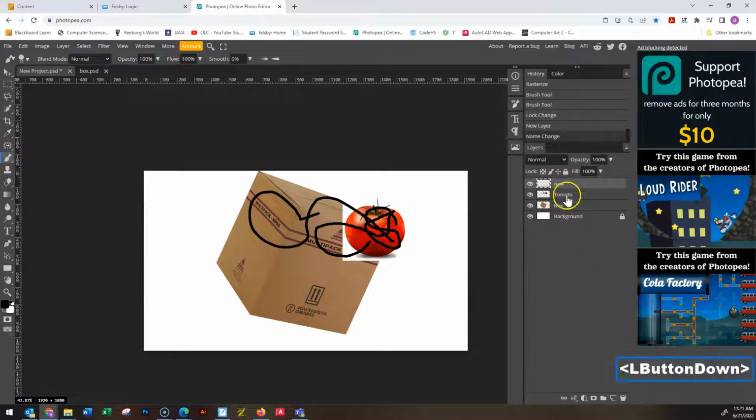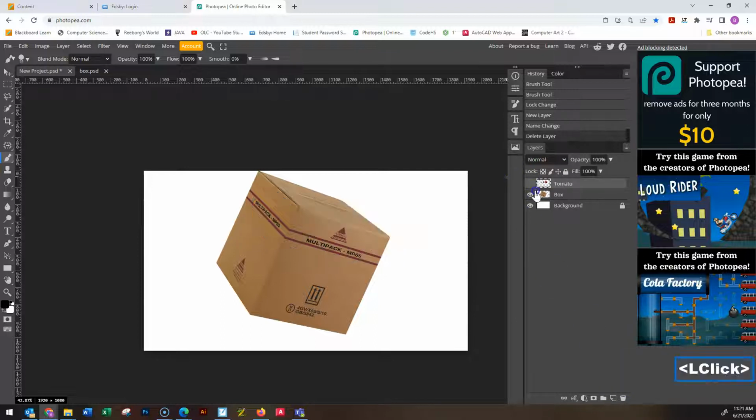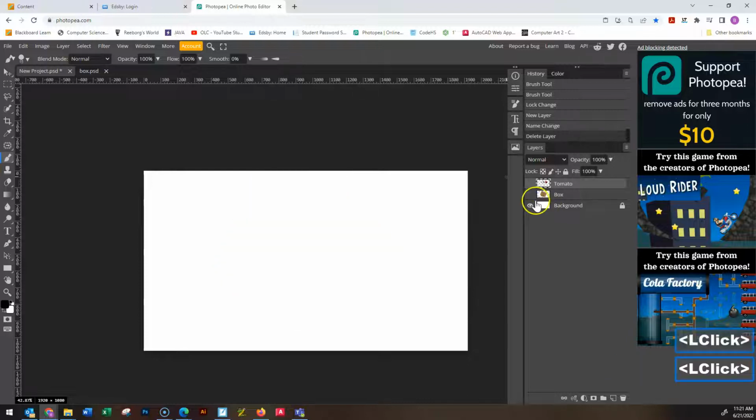And if you want to get rid of it, you can just drag it down to the trash can, or you can select the layer and then hit the trash can and it's gone. So you'll definitely use those quite a bit. I want to draw your attention to the background layer right now because it's important that you understand the difference